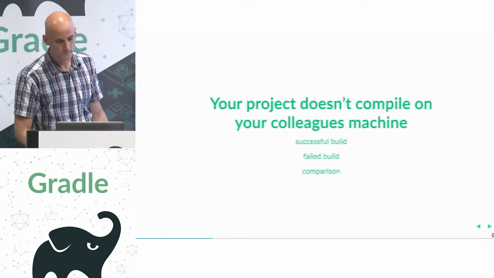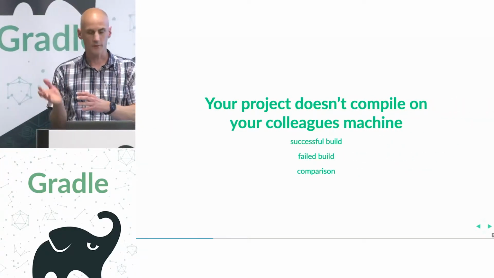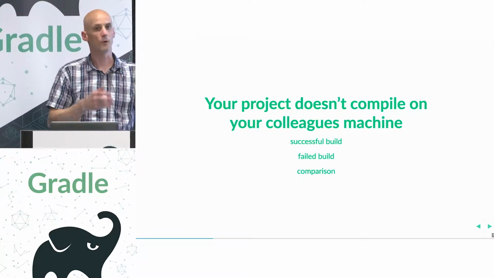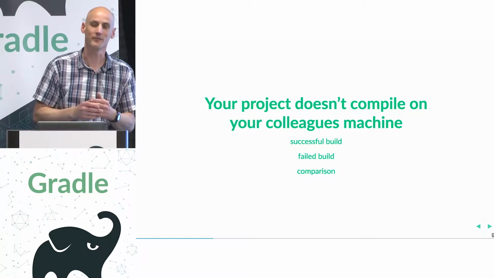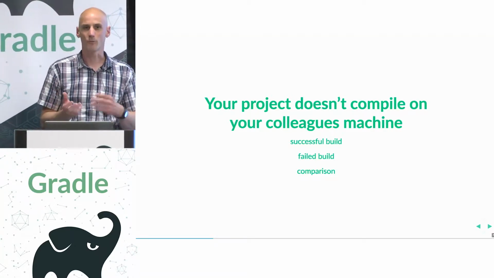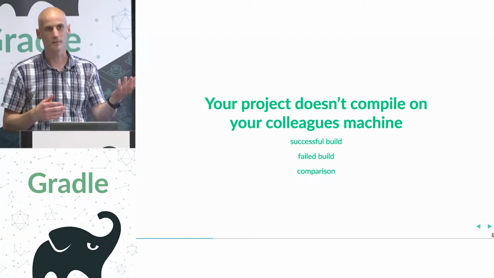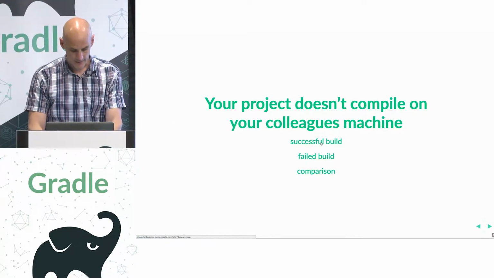Okay. All right, so next problem, you have some build, it's running in your system, but it's not running on another system, or vice versa. Usually that's the worst case, right? If it's running for you, everything's fine. But if it's running on CI, but it's not running for you, then the question is, why is it not running for me when it's running in another environment? So what we see here is